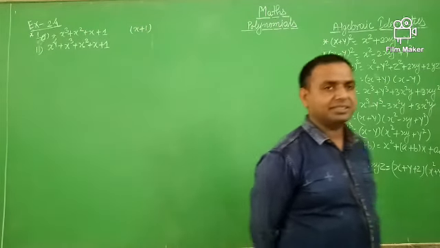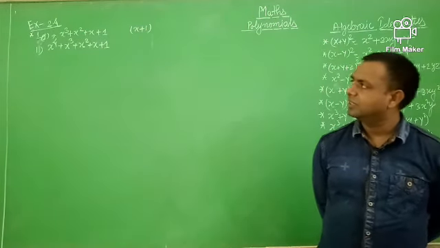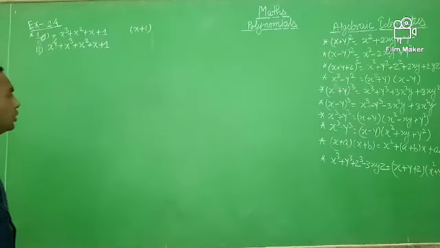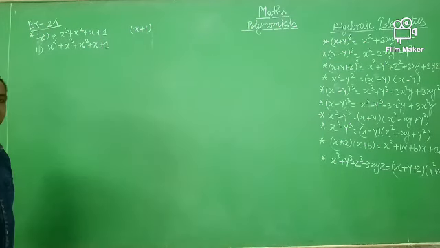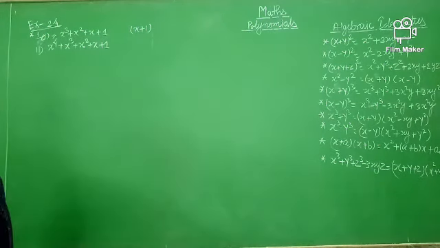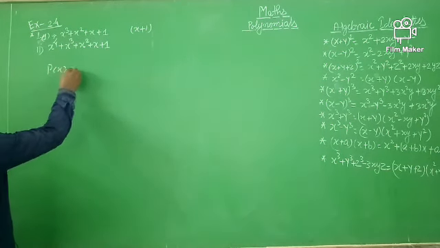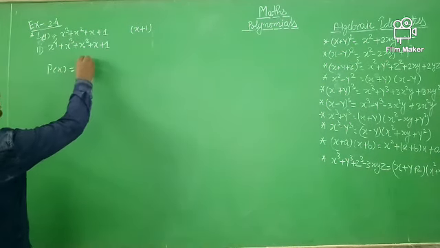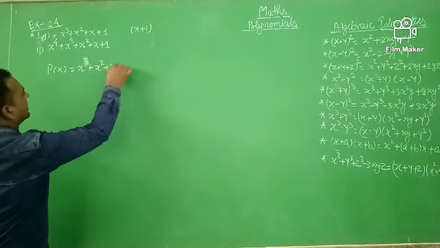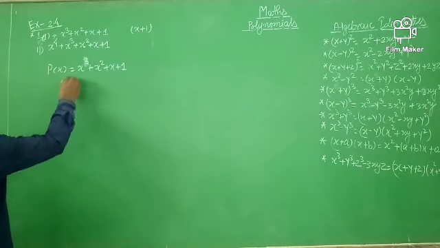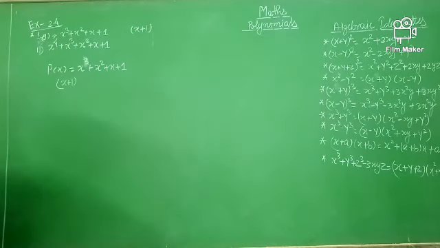Today we are starting polynomials, and how we can find a factor. If one polynomial is given, how can we recognize that another polynomial is a factor of it? If any polynomial p(x) is given, p(x) is equal to x cube plus x square plus x plus 1, and I want to prove that x plus 1 is a factor of the given polynomial,